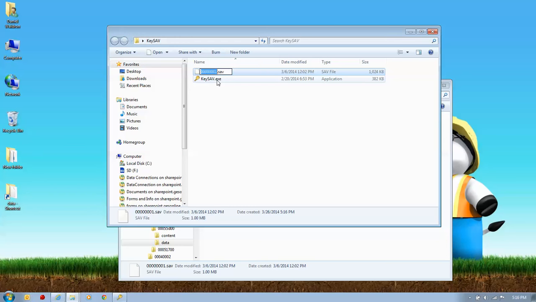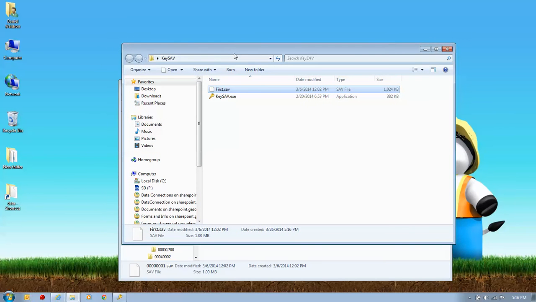And I'm just going to rename it as first, to remind me it's the save file which contains my 6 Pokemon in the first box. So I've named it first. At this point,